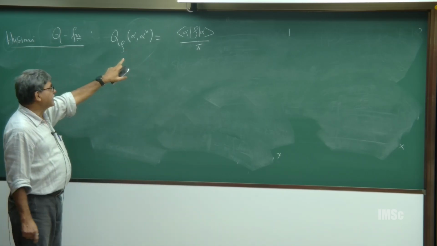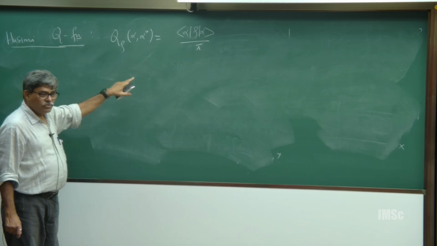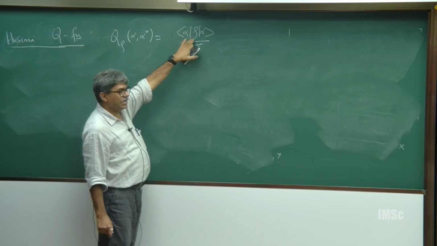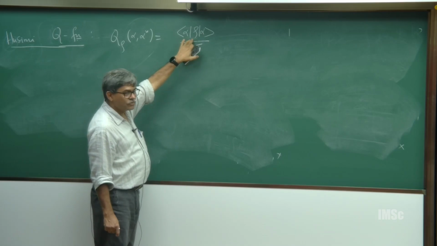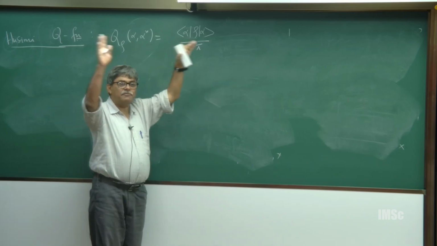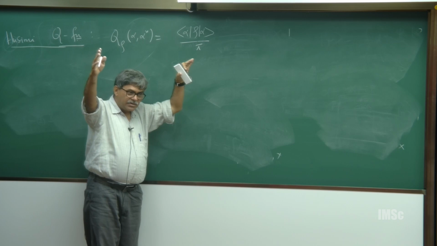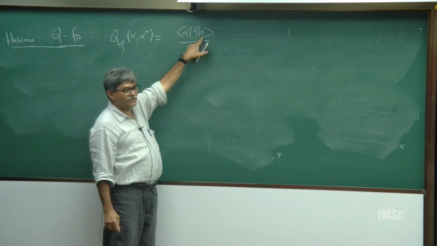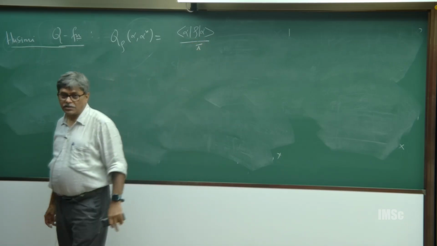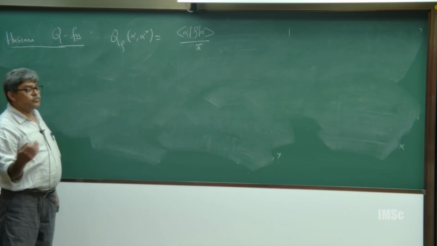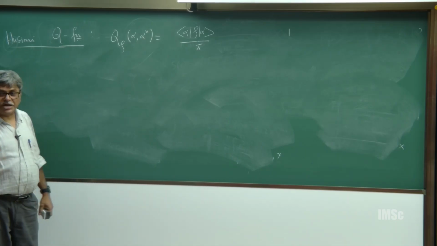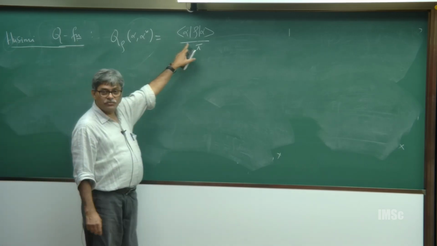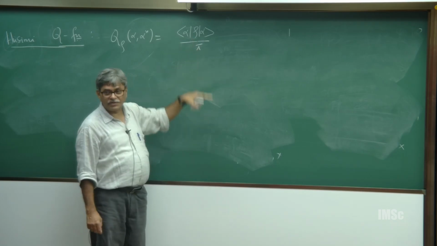So, what is it? Basically it tells you, what is this one? This is the probability of finding your system, which is prepared in state rho, in this coherent state. If I can perform a measurement in the coherent state basis, then this is proportional to the probability of finding my system in the coherent state. And this is what we do when we do what is called a heterodyne measurement.